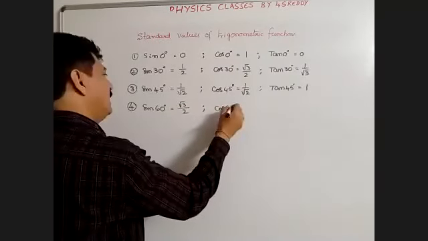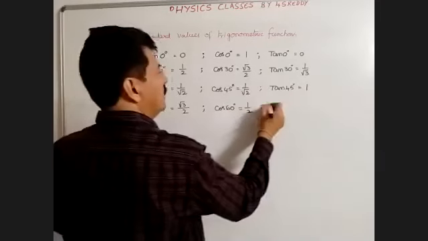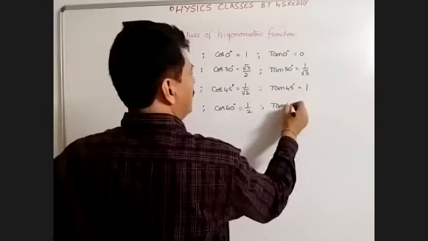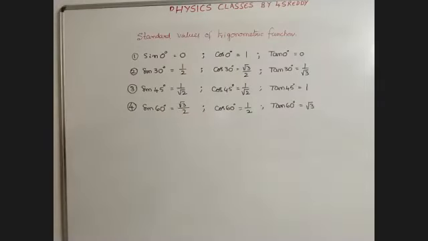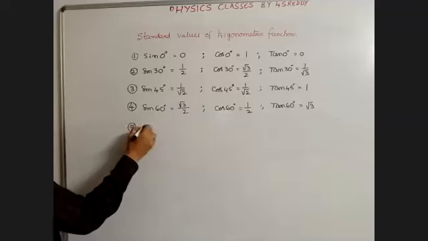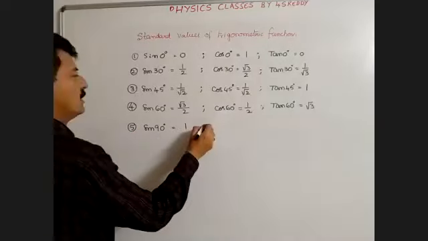Cos 60 degrees, 1/2. Tan 60 degrees, √3. Thereafter we have sin 90 degrees, 1,